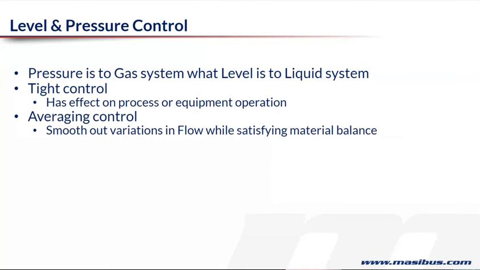The other type of control is what we call averaging control. With this type of control, you are controlling, let's say, the level so that you don't see variations in your flow. A level of 1 meter will give you, as long as the valve is not changing, a similar flow, or a level of 1.2 meters also will give you a similar flow. So the idea is to manage the level within some range, because your point of interest is to see there are no drastic variations in the flow output. So there we look at averaging control.